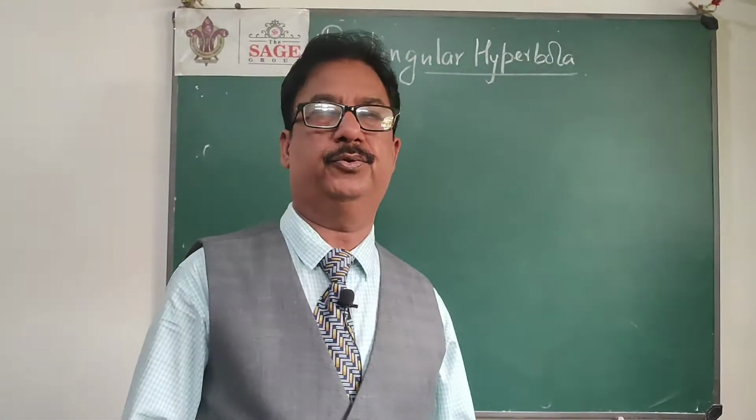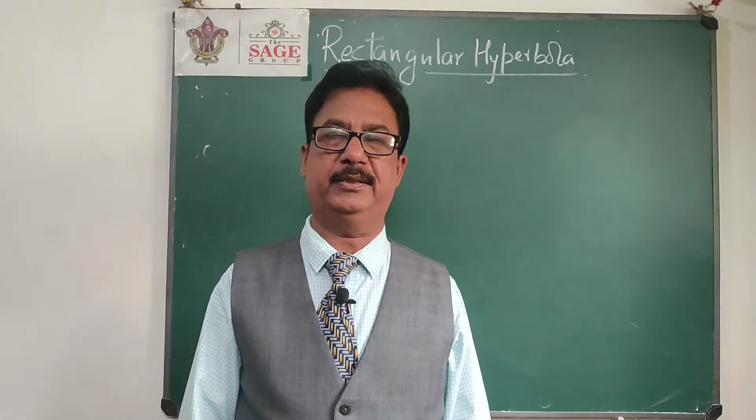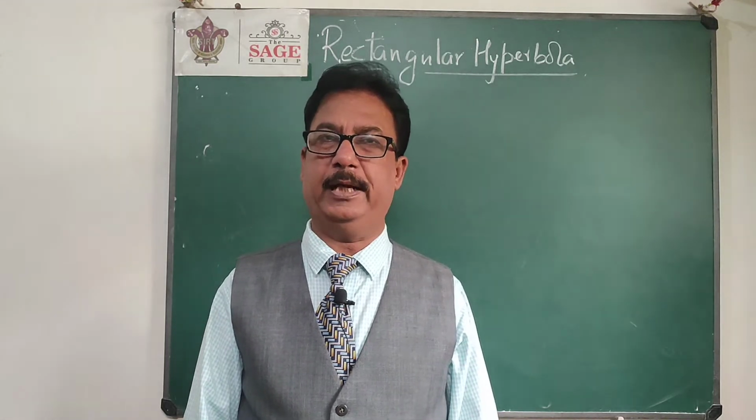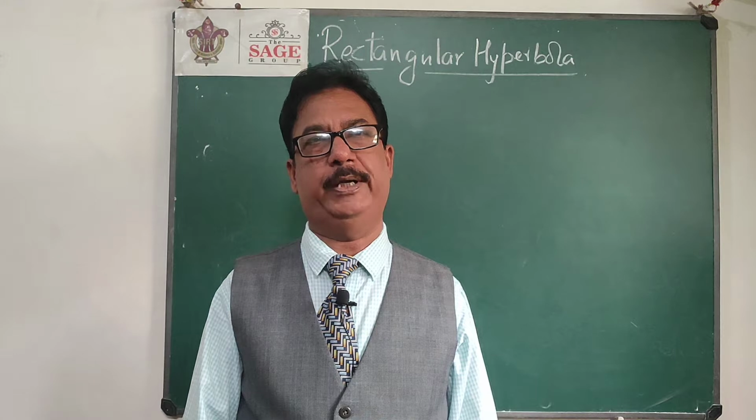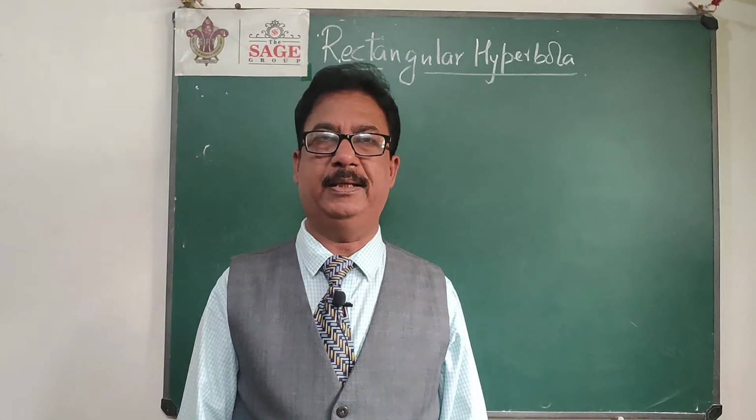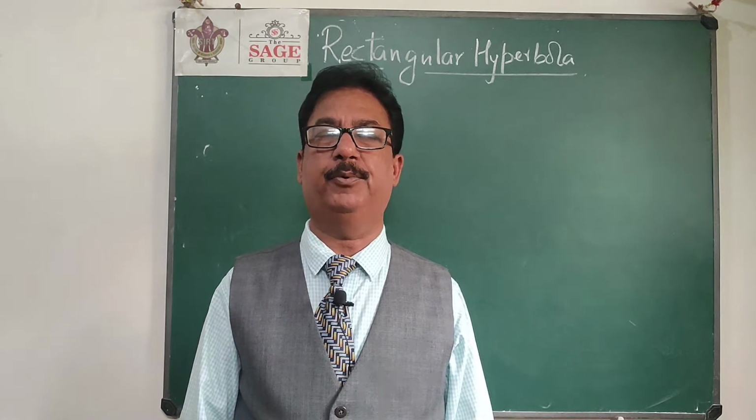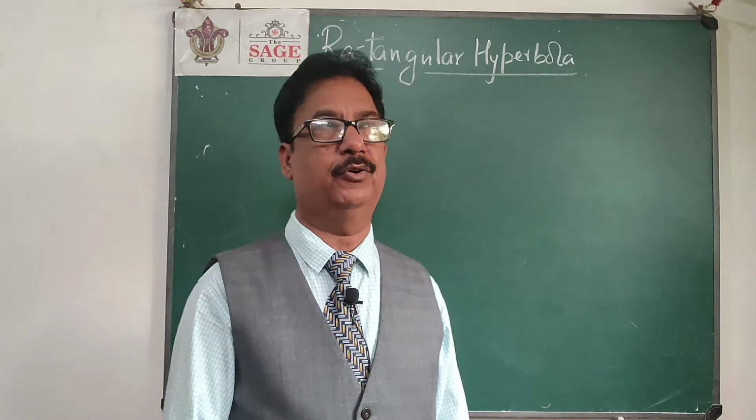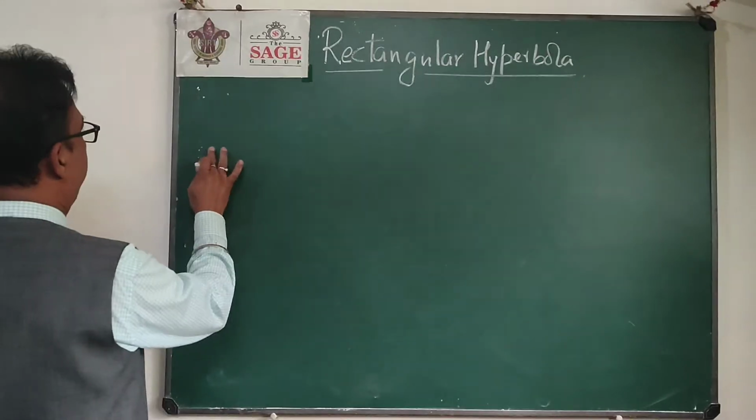Hello student, so here I am with another curve on conic section, that will be rectangular hyperbola. A rectangular hyperbola can be defined as the locus of a point moving in a plane in such a way so that the product of its distance from two fixed straight lines remains same or constant. So if I want to write the definition,